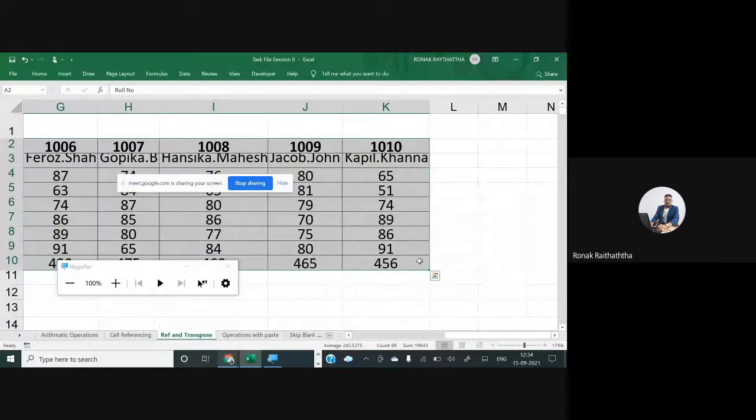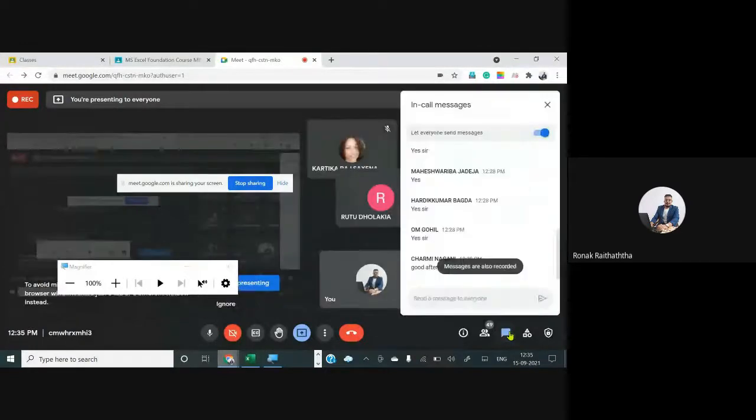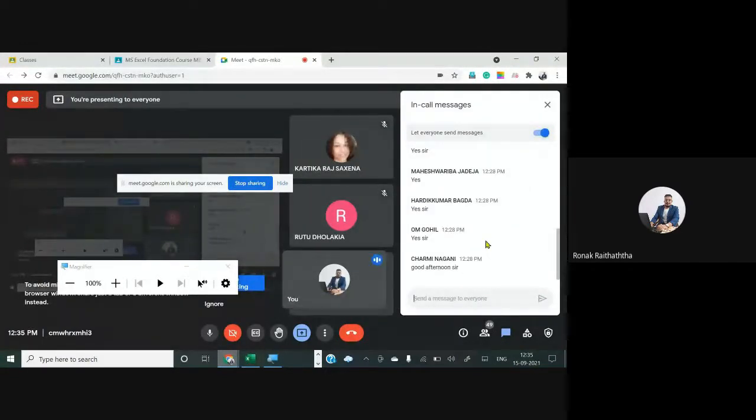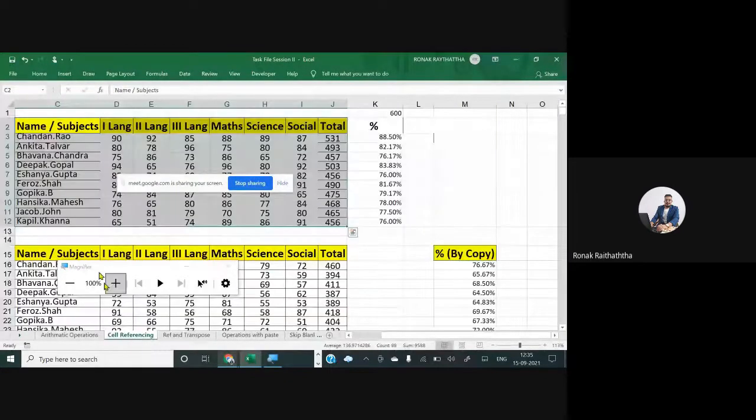Will someone tell me? Yes, I hope my question is crystal clear to everyone. You may unmute yourself, or you may communicate to me through the chat box, whatever the case may be. My question is, in the second worksheet of cell referencing, my friends, the table is looking like this. See, check it out, where the names are given to you horizontally and the subject marks are in vertical lines and columns.